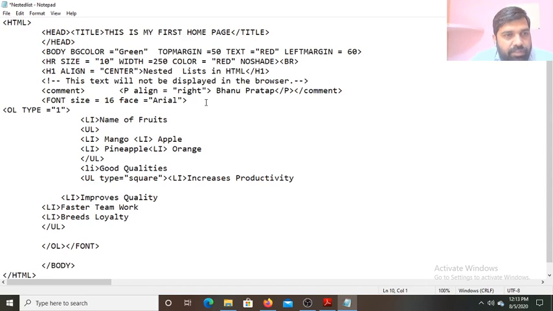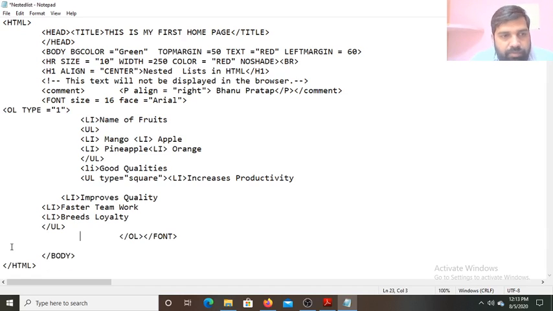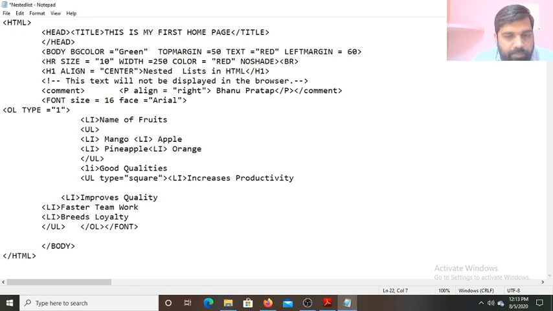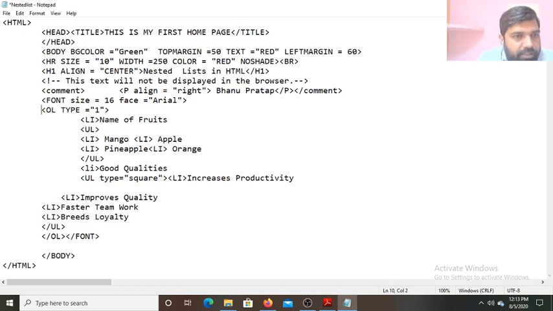Now you can see it. See this OL open and OL close.